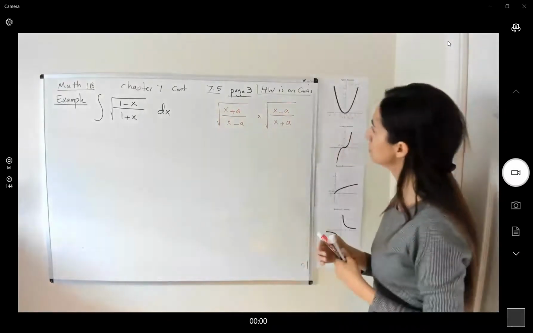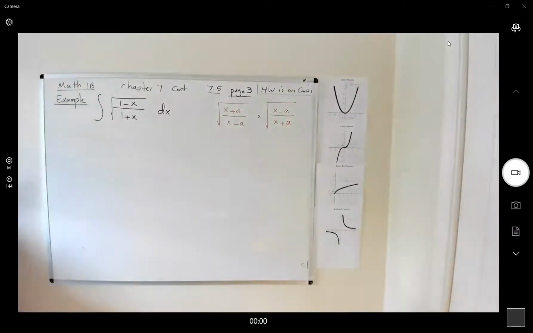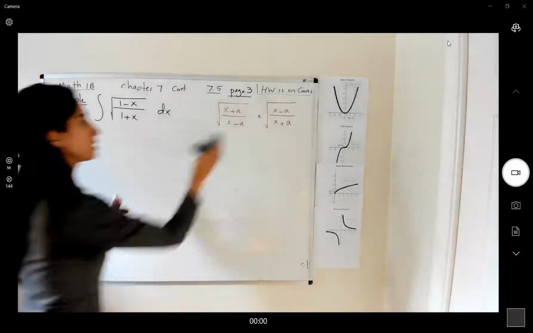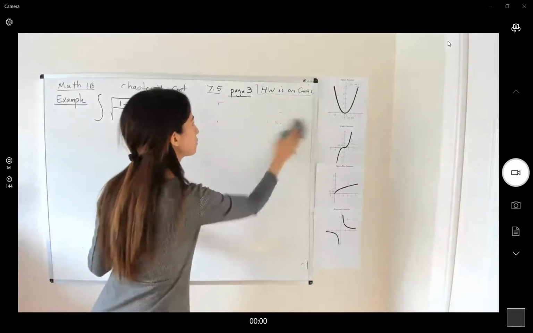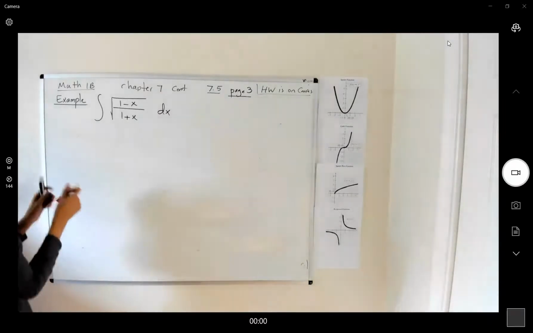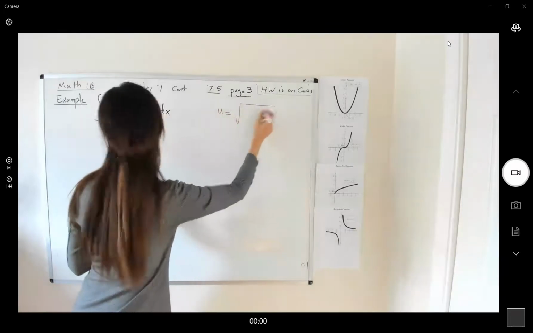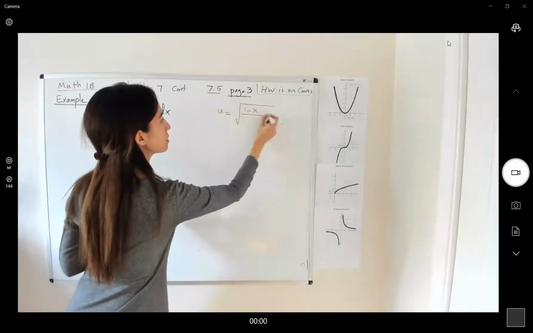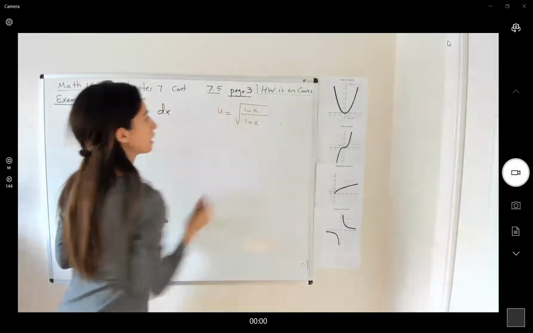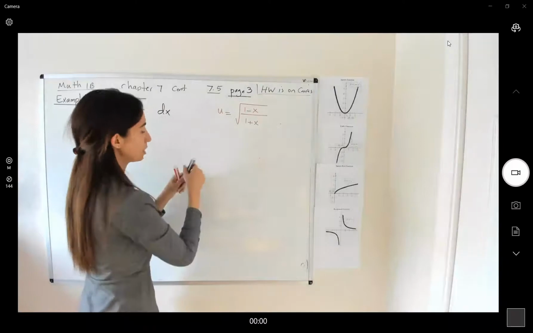Then try to simplify as much as you can. Or better, you can use u-substitution on the square root. So let u be the square root of (1 minus x) divided by (1 plus x). So my du is equal to